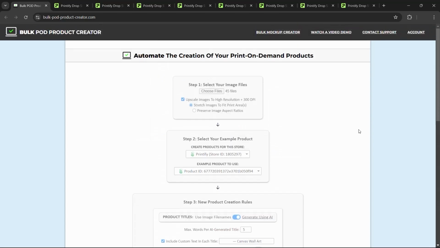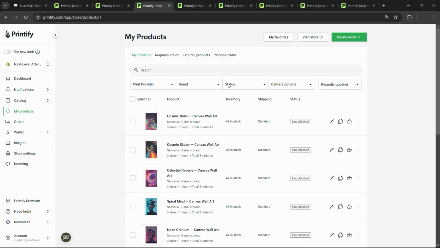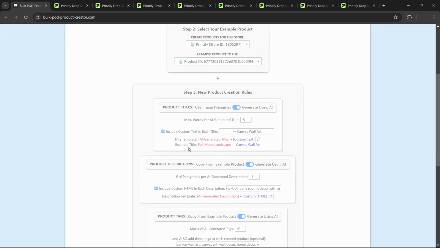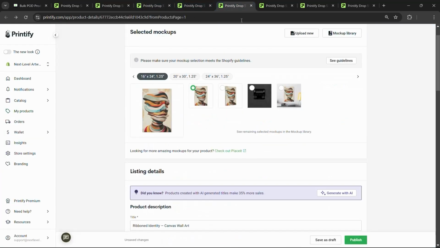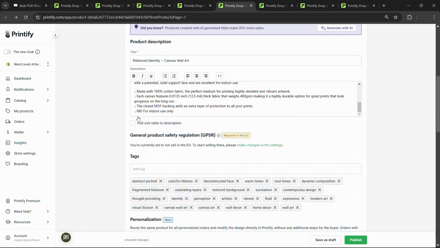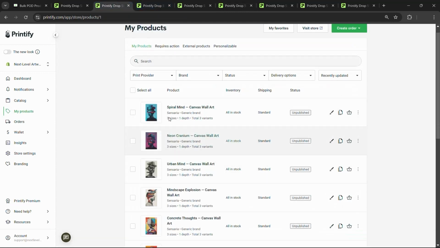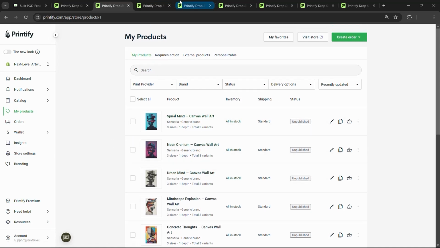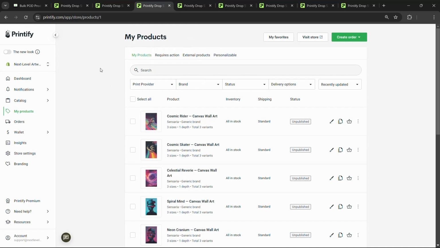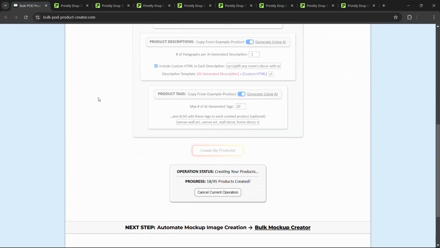And in terms of what it's doing, a lot of sweaty computer stuff, like upscaling images to ultra high resolution, creating multiple images for your different variants if you have different aspect ratios, passing the images through the AI image recognition multiple times to get the different inputs, the titles, the tags, the descriptions, uploading the images, creating the products, getting the info about the example products. It's doing a lot of stuff that you don't have to spend your time doing, and that's really the key point. It might take 30 seconds per product, but you just run the operation and you can just go